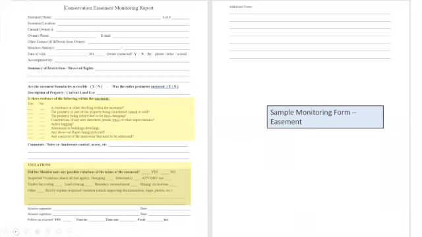And then I also have a sample fee property monitoring form. Again, no set form for this. But one of the things that I like about this is you can see where there's been space added up top to prompt preparation for the visit by reviewing documents that are on file about the property, such as maps and the management plan. The form also has prompts to examine things that might be consistent with the land trust